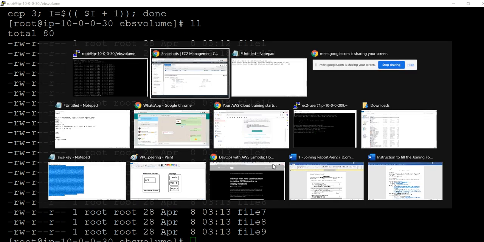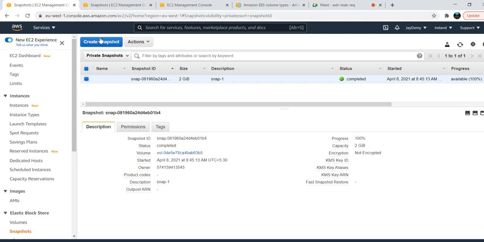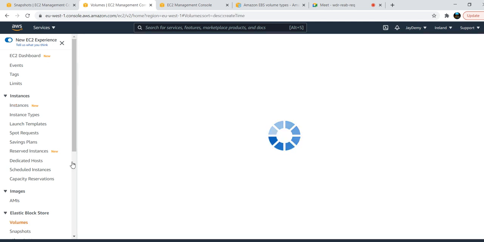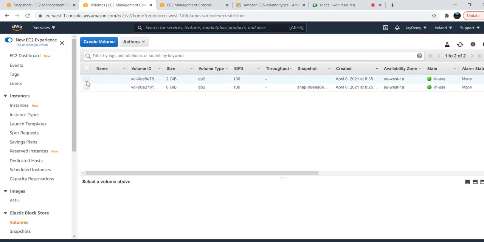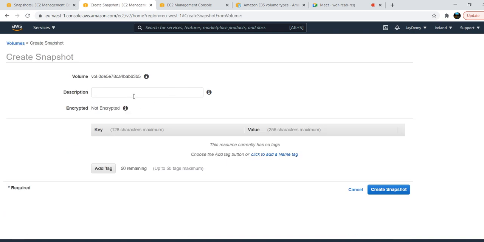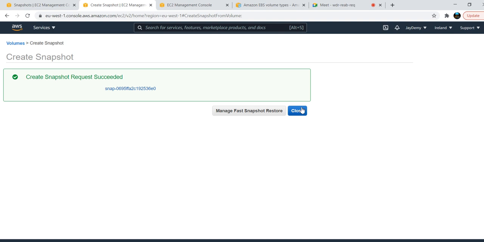So now we'll go again to this EC2 instance, and EBS volumes. Go to the volumes and click on this one, Actions, Create snapshot. Description, what will you give? snap2. Create snapshot, close.